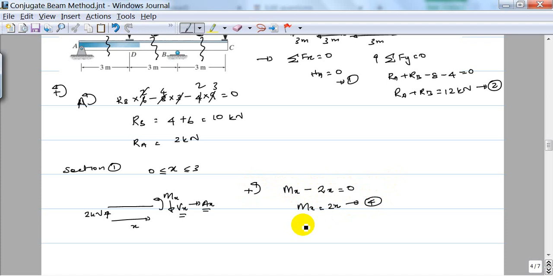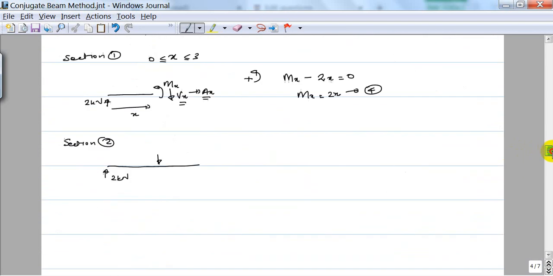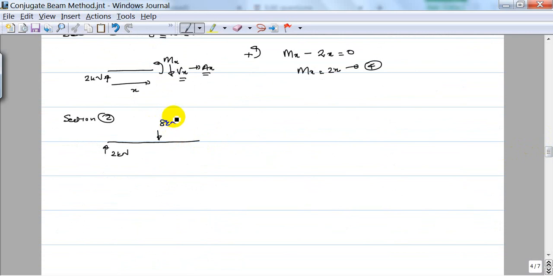So that means it's a linear equation, a linear curve where the moment is increasing with the distance. Now if I consider section 2, that is a typical section where you have the RA, that is 2 kilonewton, and you have a load that is acting. That load is 8 kilonewton. So now this is for the range x greater than 3